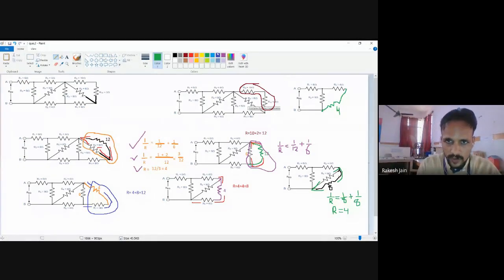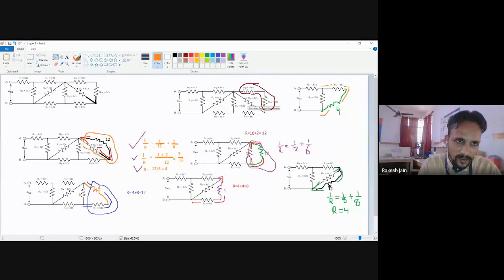Now see, with this blue color and with this orange color, I am going to teach you. This first 4 ohm's one terminal and this 4 ohm's one terminal are connected with each other. The other terminal of each is somewhere else. If one terminal of the resistances is connected with each other and the other terminal is somewhere else, it means they are in series, and whenever resistances are in series, they are added. So this 4 ohm adds with this second 4 ohm, so total 8 ohm.